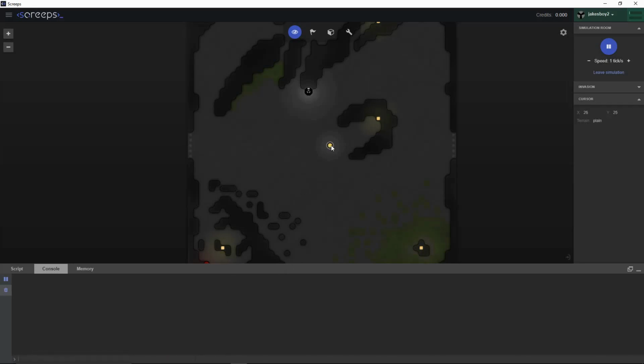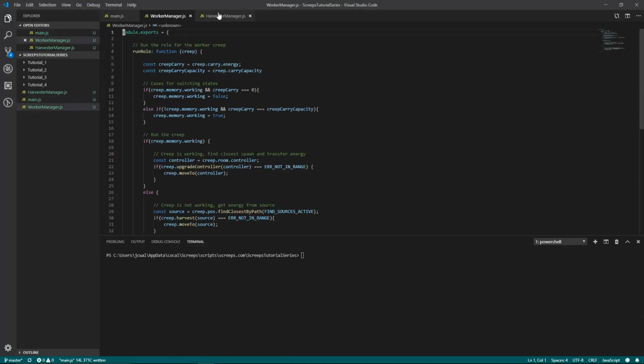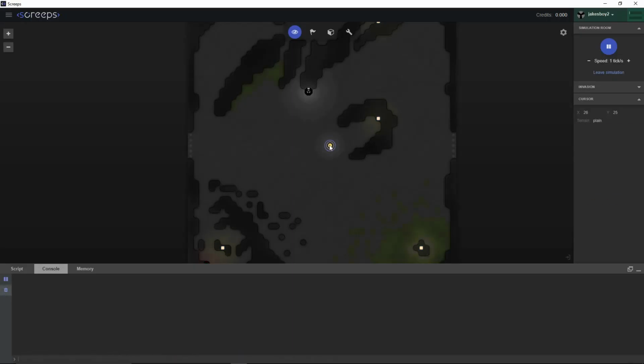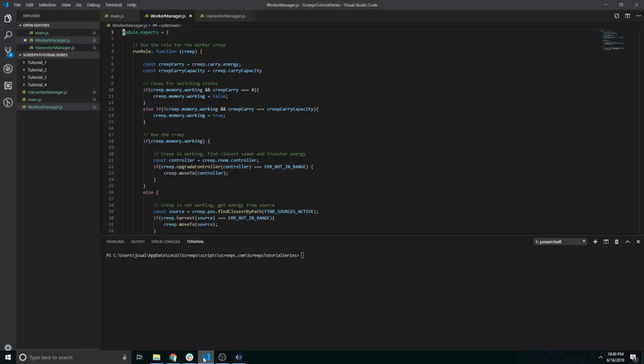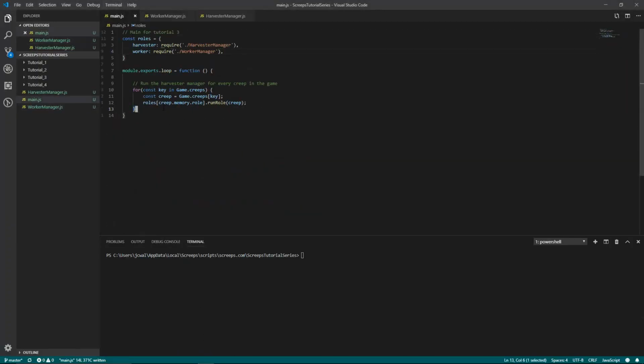This episode we're going to build a spawn system so we can get those creeps that we wrote our managers for out into the game automatically as they're needed. So the general idea behind this is we're going to want to set the limits for the creeps, check counts against the limits, and spawn the next creep we can. So the way we're going to do